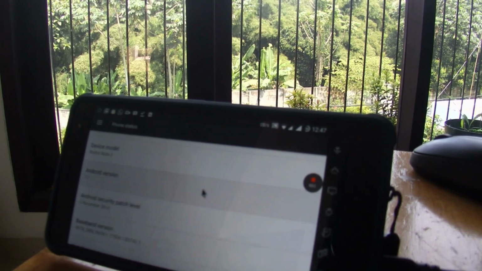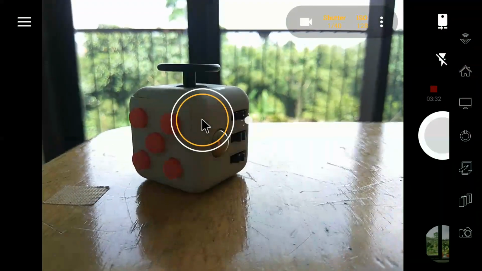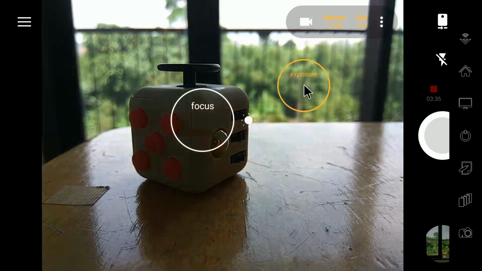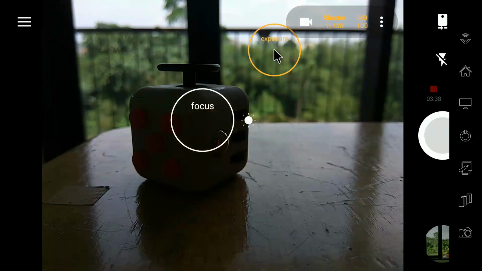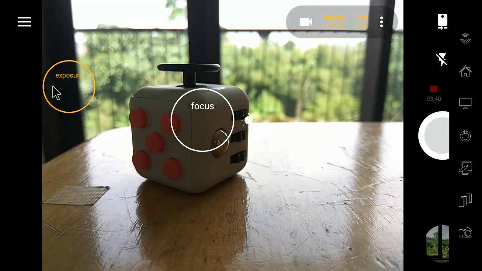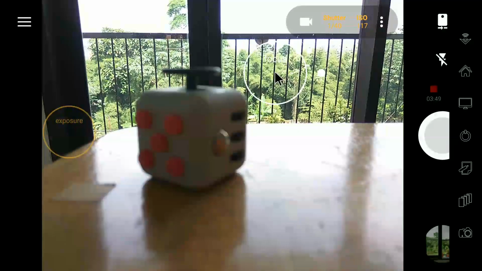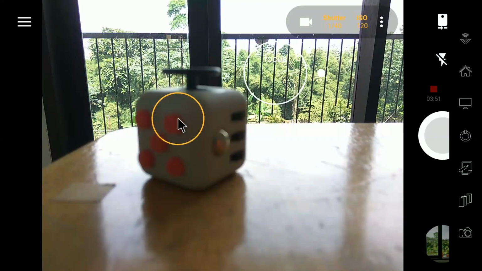There are two main reasons why I chose these applications. First, the picture quality is very good. And second, I love the manual settings feature. These applications don't have many filter effects such as Camera 360, but they offer many manual settings just like a DSLR camera, such as manual focus, ISO, shutter speed, and others.